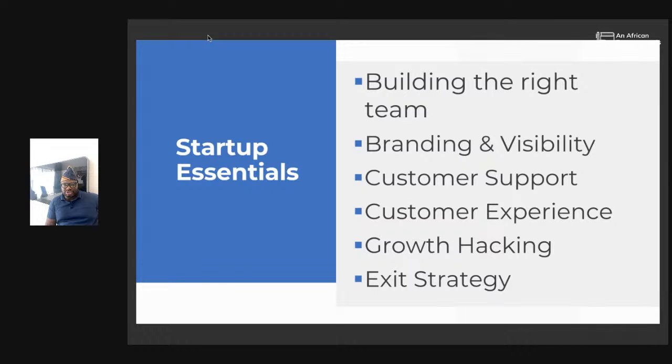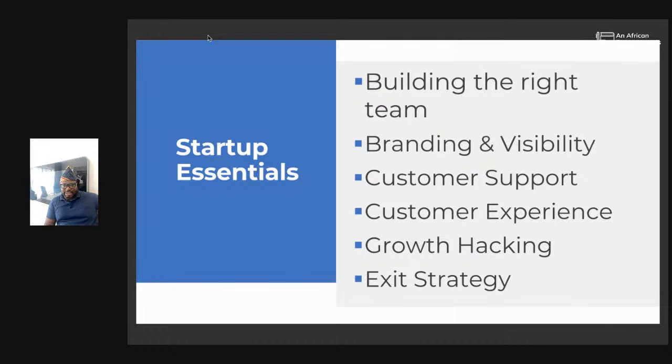Your product should be simple and straightforward, not complex. They should be able to go straight to the point. They should have a lot of helping and guiding tools to help them know your product. And you also have to provide a lot of things that will give them that experience. So we're going to be breaking down customer experience, from UI design to product development, from the perspective of experience. What do you look for in an experience? What do you look for as a company? How do you drive your experience so that a customer has the best experience possible?